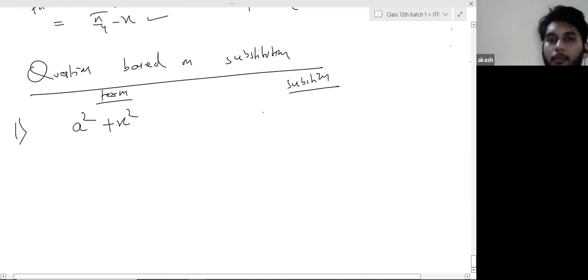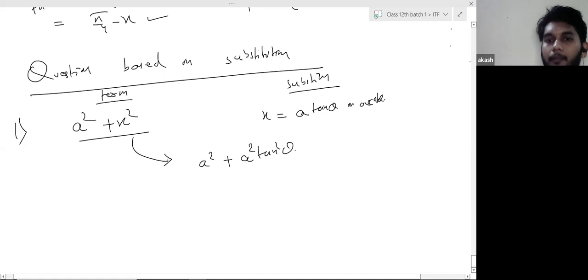So what you have to substitute, put x equals a tan theta or a cot theta. All right. Why so? Because if you put x equals a tan theta here, you will get a square plus a square tan square theta. You can take a square common, so 1 plus tan square theta. And 1 plus tan square theta is,